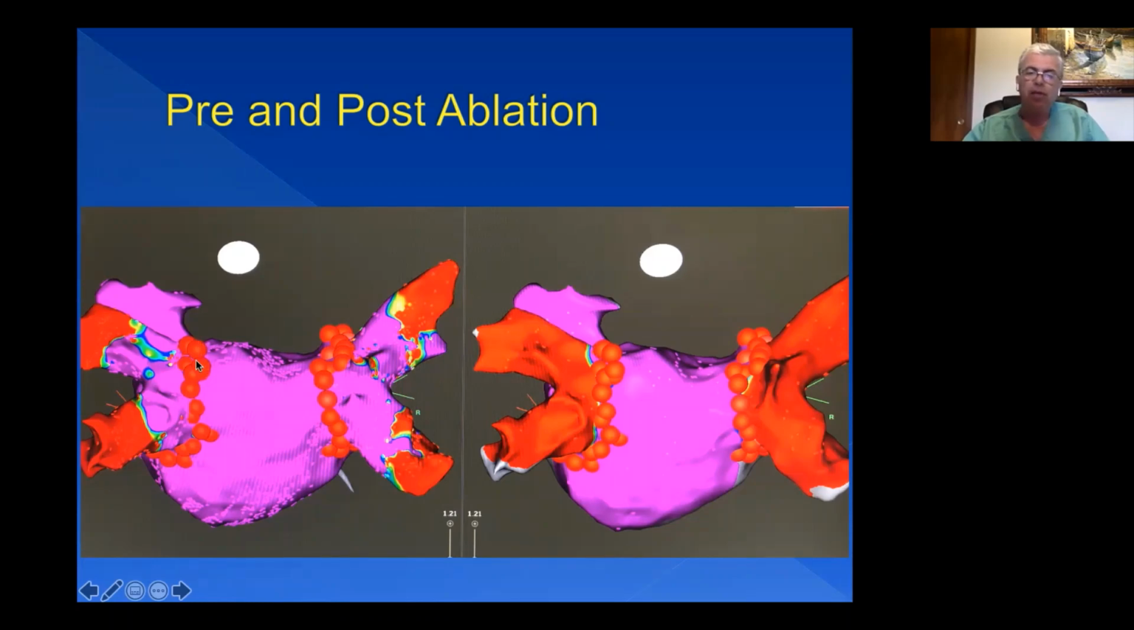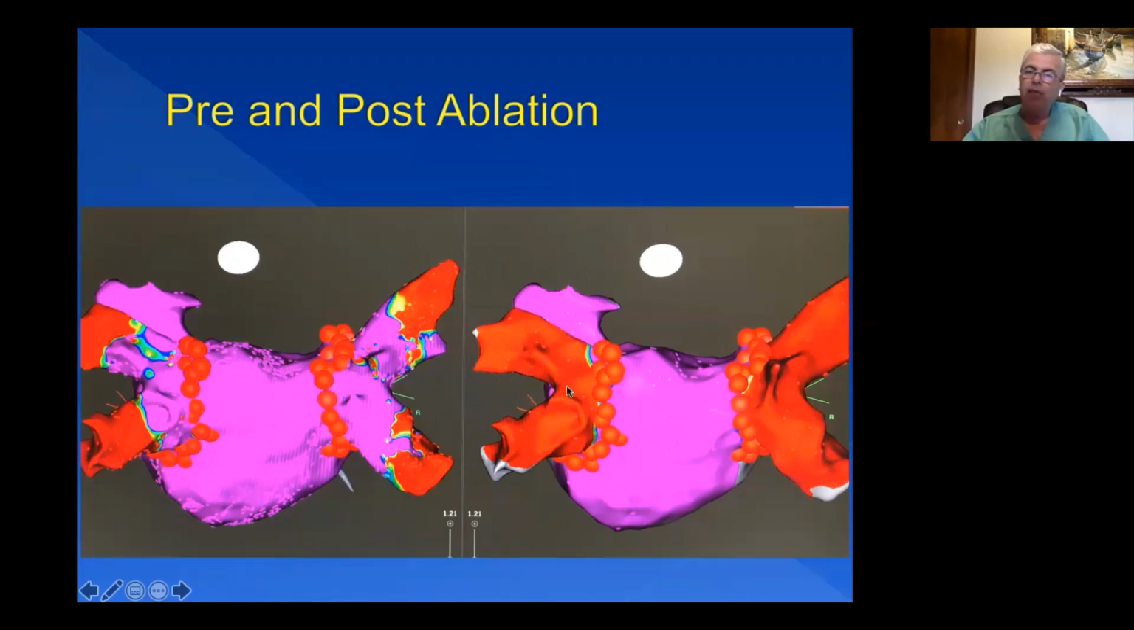And these are the lesions I put in, one dot at a time, going around the veins and completing the circles. So you basically prevent any signal coming from the sinus node, when it comes to the left atrium, from going inside those veins. And you prevent any signal that comes from inside the veins from getting out to trigger atrial fibrillation. So once I complete that fence,